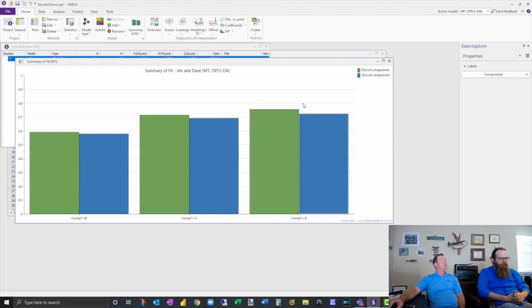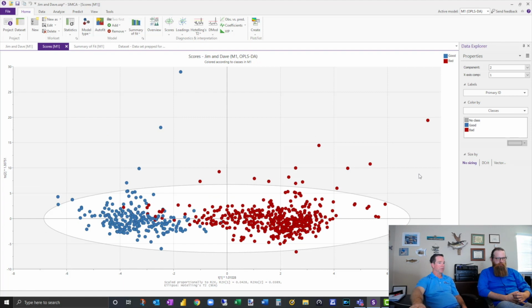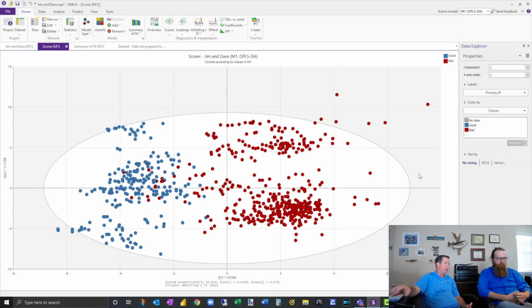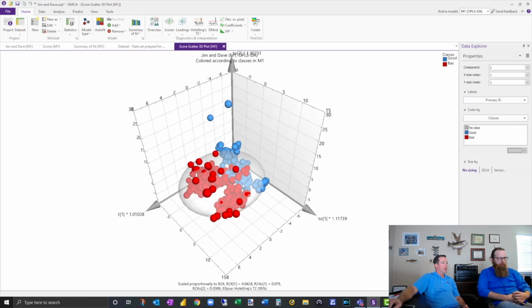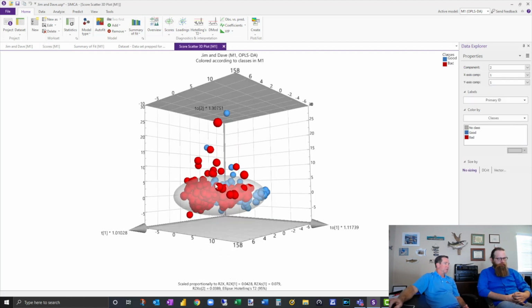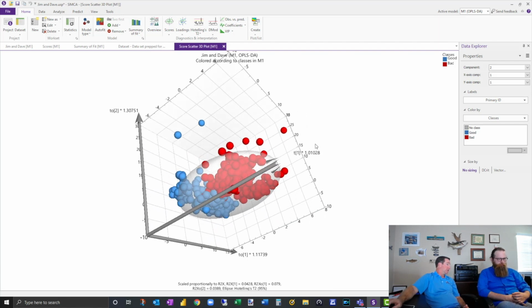Okay. So now it says, hey, I've got 3 basically dimensions for you, because it's trying to break these down into dimensions. And if I look at scores, I've got good and bad, but I've got a lot of overlap here and I've got some outliers. And if I use the up arrow key, I can look at the other dimension. I've got a lot of real outliers here. If I want to look at this in a three-dimensional model, there's my ellipse of most of the groupings. I've got some that are way out here in left field, right? I've got to go see what's going on there, right?